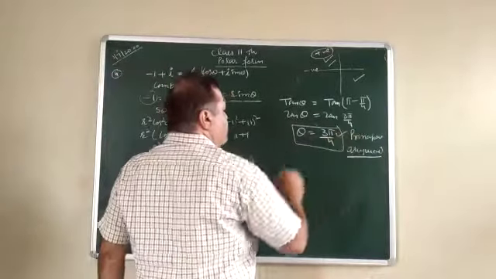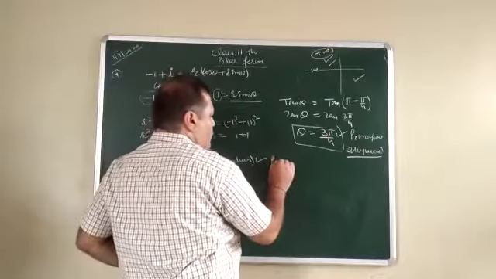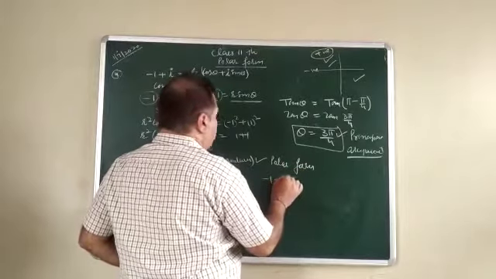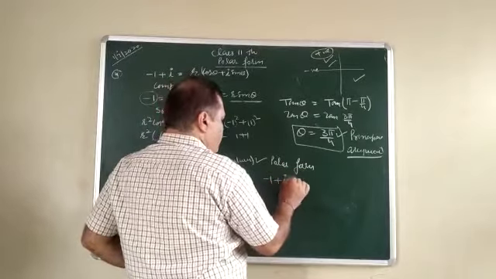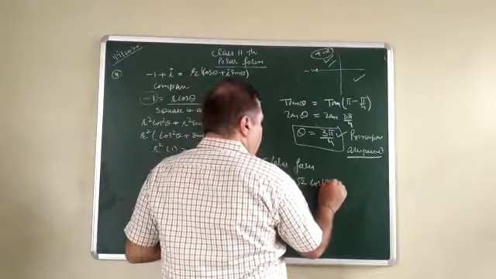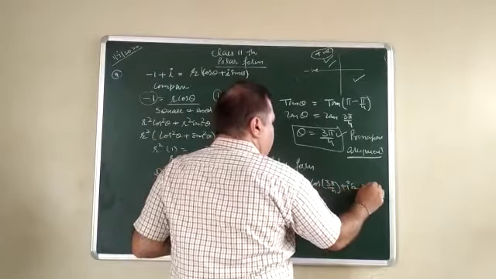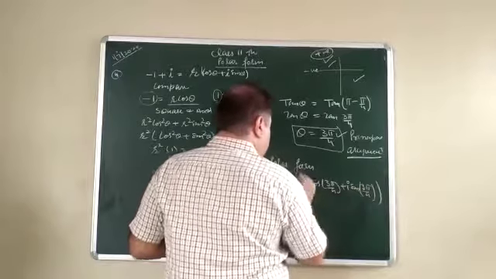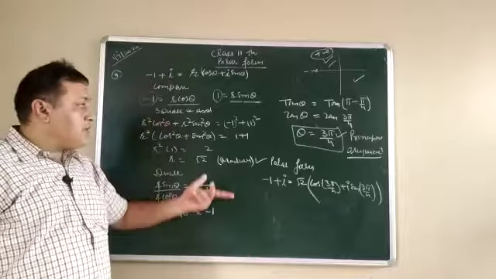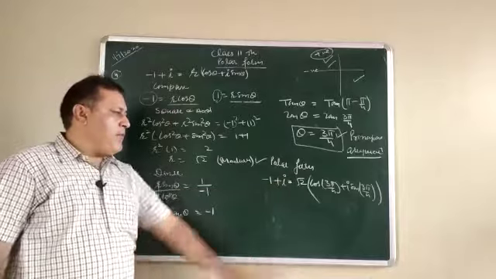Now you know the principal argument, you know the value of the modulus, so the polar form: -1 plus iota is equal to under root 2 cos of 3 pi by 4 plus iota sin 3 pi by 4. See this one. In the previous question we discussed a question that lies in the first quadrant. This question lies in the second quadrant. So the angle is 3 pi by 4.